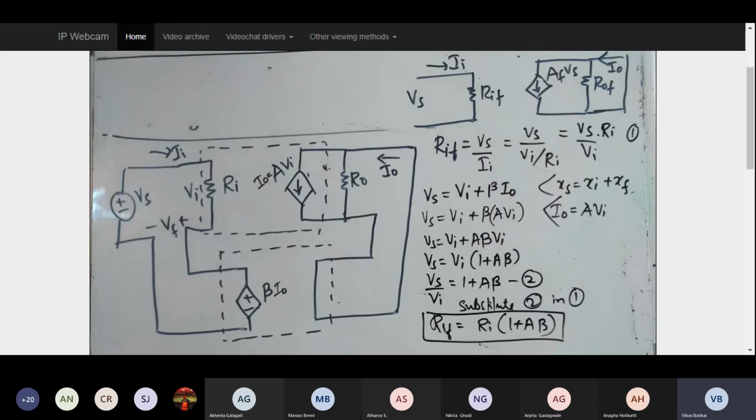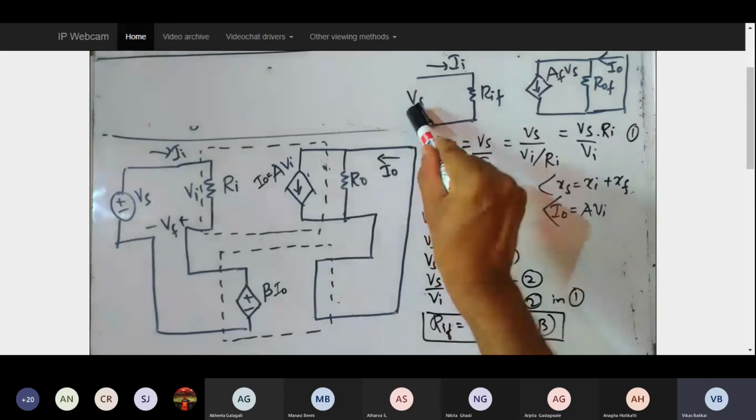Let me teach you the steps. First, your main circuit that you should remember anyhow, and I have told you how to remember it based on the configuration. Series shunt means the input side is series and the output side is parallel, that is, in shunt format. If it is series-series, the input side is series and the output side is also series. That indicates how the connections are made. Once you write the entire connection, try to represent its equivalent circuit. In the equivalent circuit, I remove all the feedback, and I place one main source and one main output.